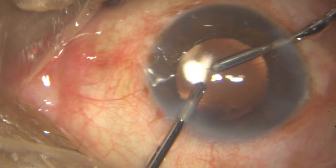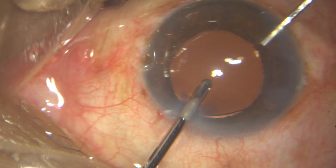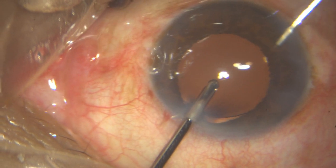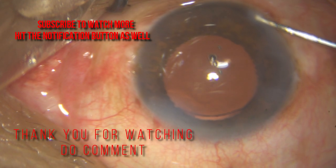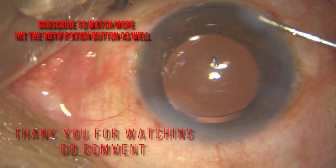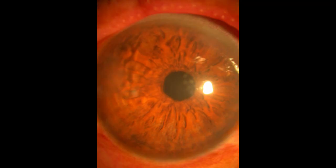Take your time over this. You don't have to go behind the lens if you don't want to. Just keep tapping on the lens and getting out the OVD. Here I am putting in my intracameral antibiotic, hydrating the wounds, which is very important, and do the bounce test at the end. And once you follow these rules, look at the pristine cornea